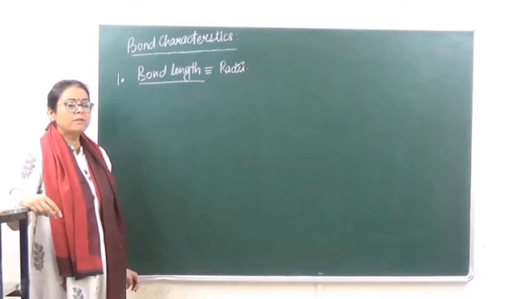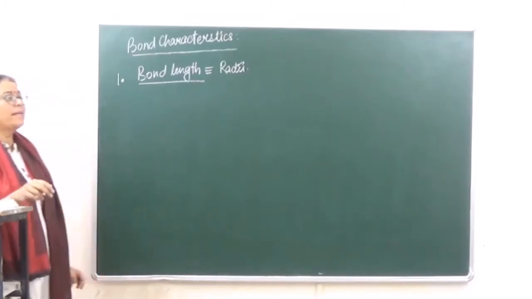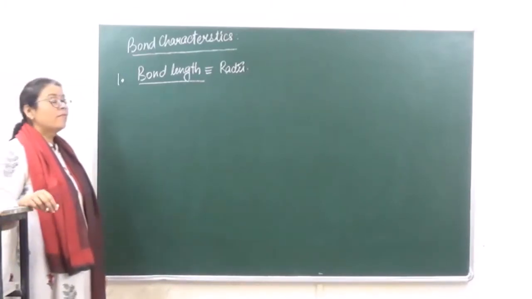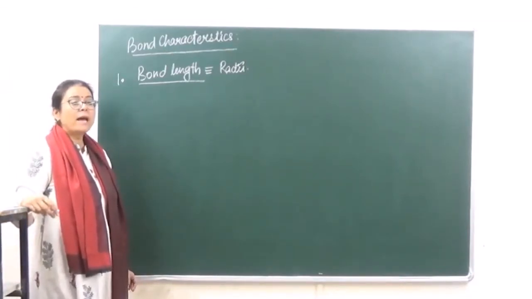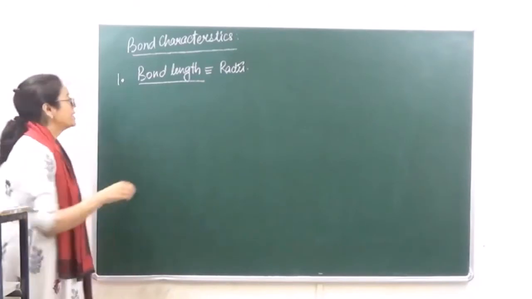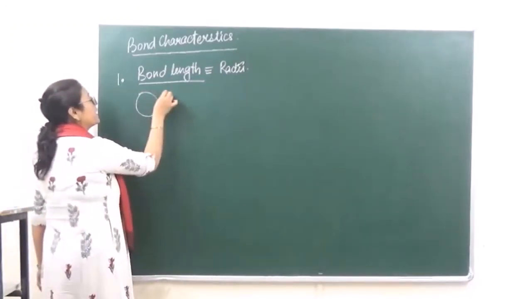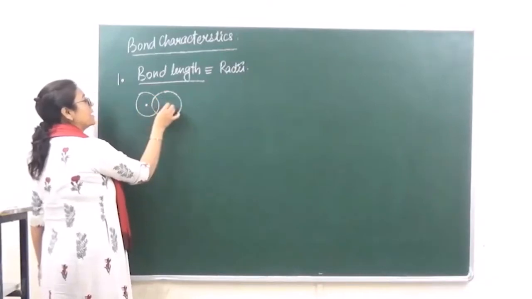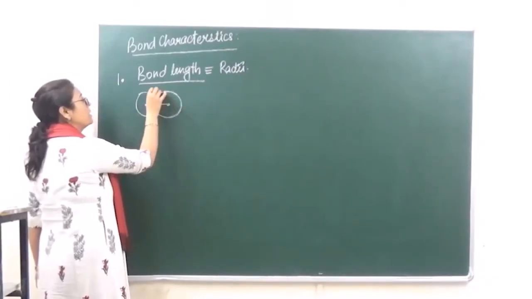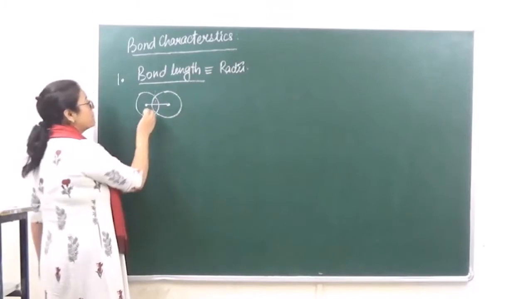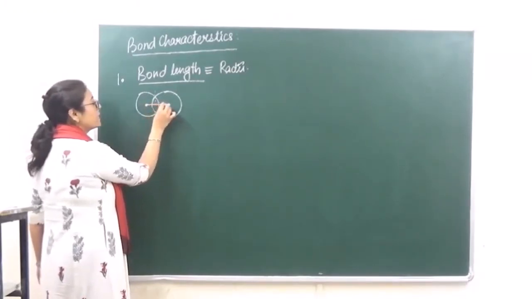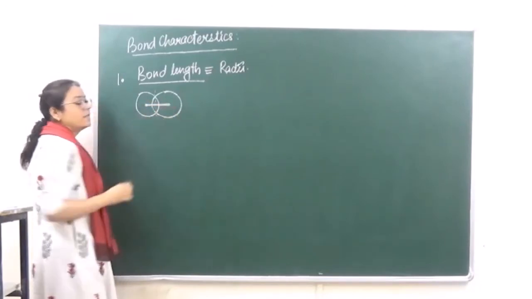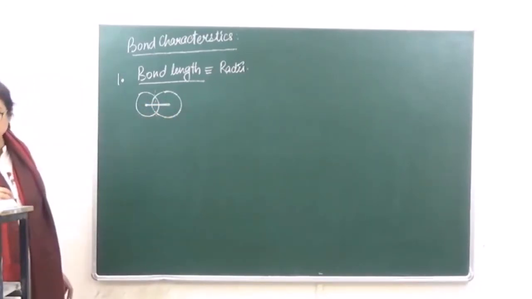So covalent, the bond length over here corresponds to the radius. And if you remember, we had said that radius of any atom, it is the average distance between the two nuclei of an overlapping atoms. ठीक है? जैसे for example, if we are taking two atoms like this, then the radius of this will be half of this. Okay? But when we are talking of the bond length, then what is going to be bond length? Bond length, that is going to be this entire distance. ठीक है? So the distance AB, that is going to be bond length.